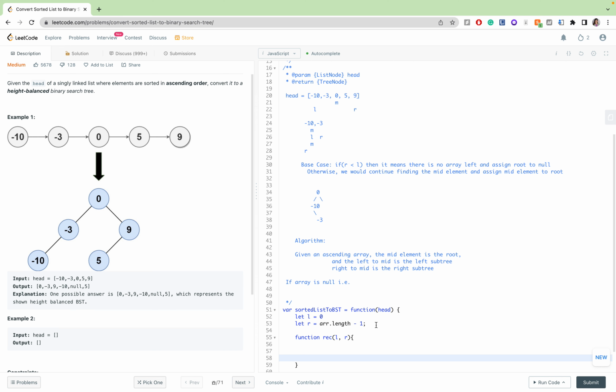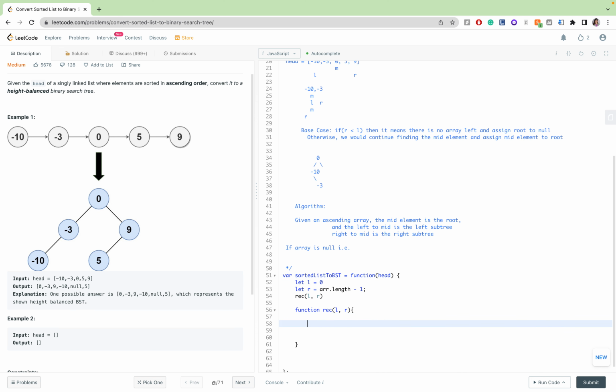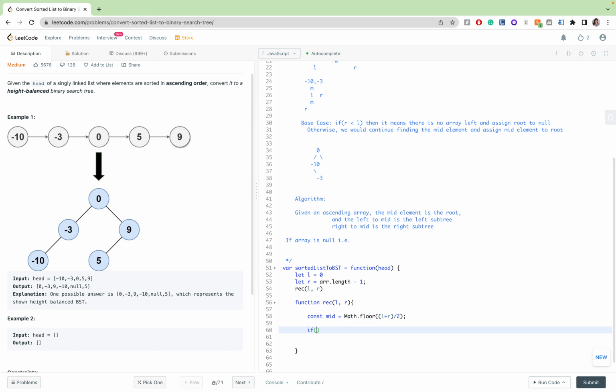First of all, I'll call the L and R, and so first of all, constant mid will be equal to Math.floor of L plus R divided by 2. And if, oh yes,